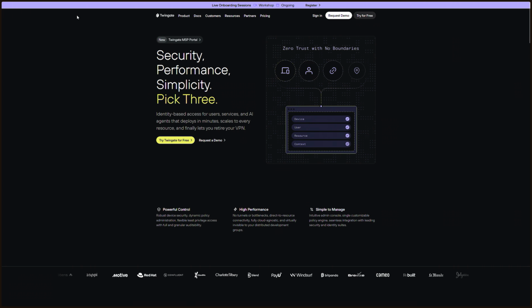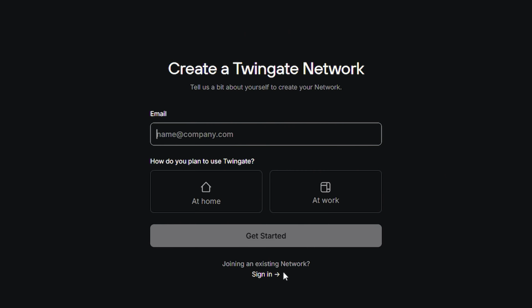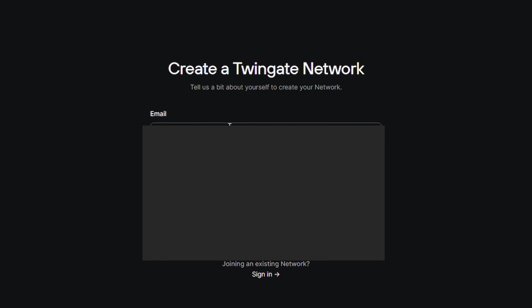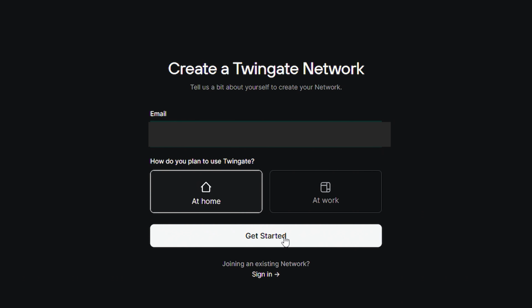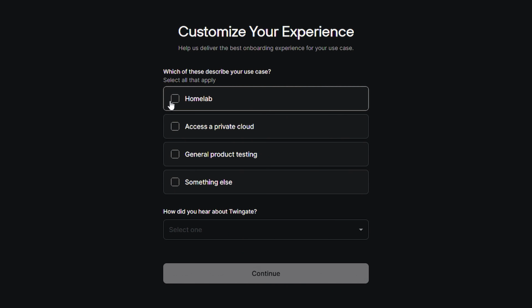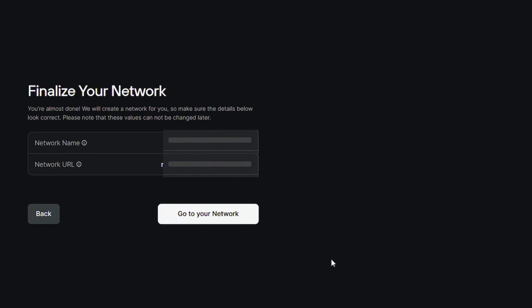So what you first do is come over to twingate.com, and click sign in, create a new Twingate network, and type in an email address here. And then where do you plan to use Twingate? We're just going to go at home because that's what we do. Then we select Homelab, access a private cloud, and you can just put anything you like here. I'll just put YouTube. There you go. So now we can